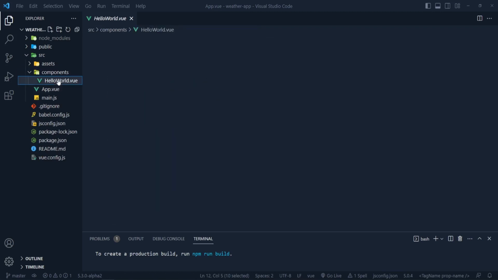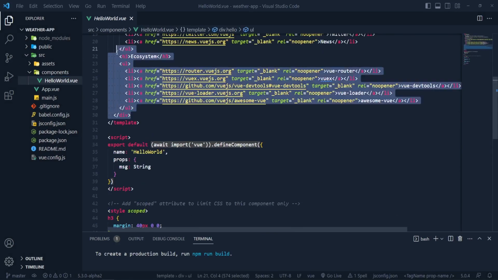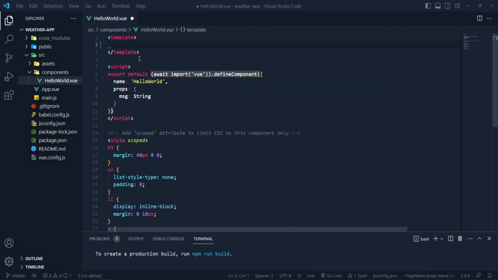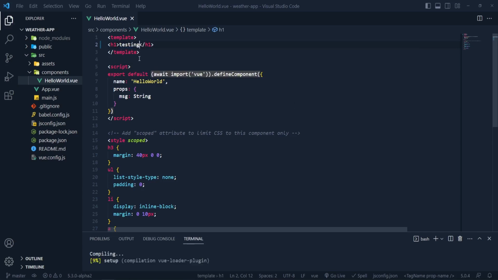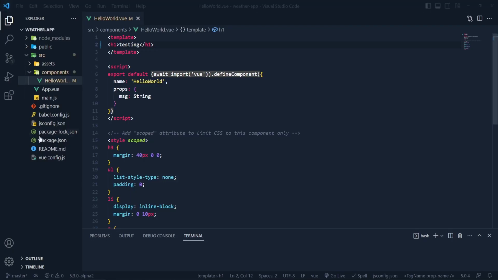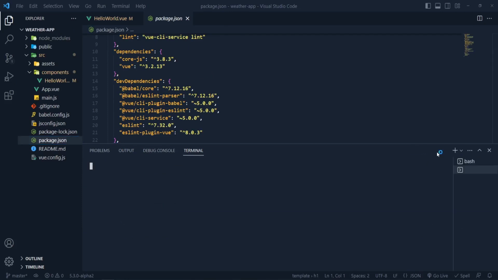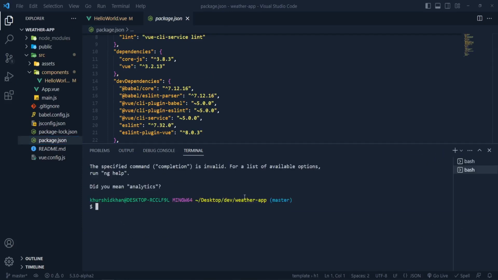Alright, so let's remove this. I'm gonna select from here, and let's add here a title, testing. Now let's get back, and you can see everything is gone except testing. Now if we go to package.json, you can see we don't have Bootstrap installed, so we have to install that. I'm gonna open a new git bash, and let's type npm install bootstrap,